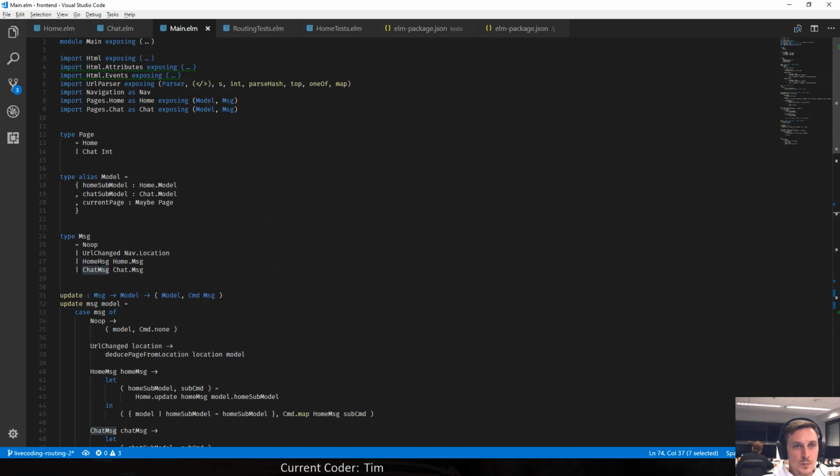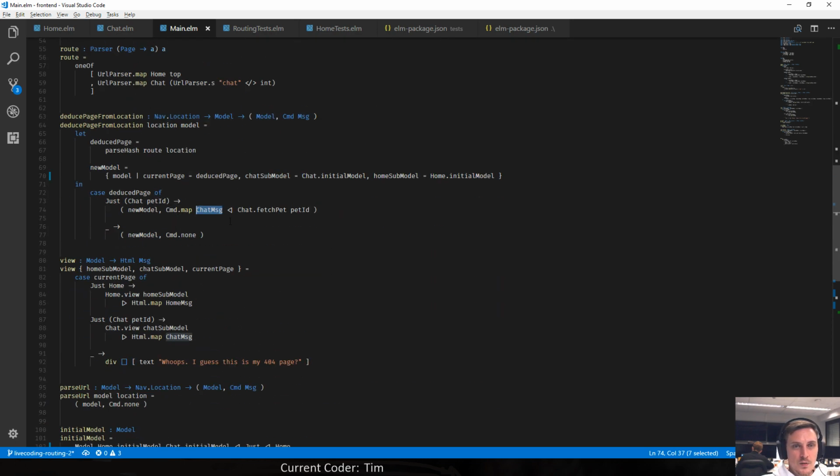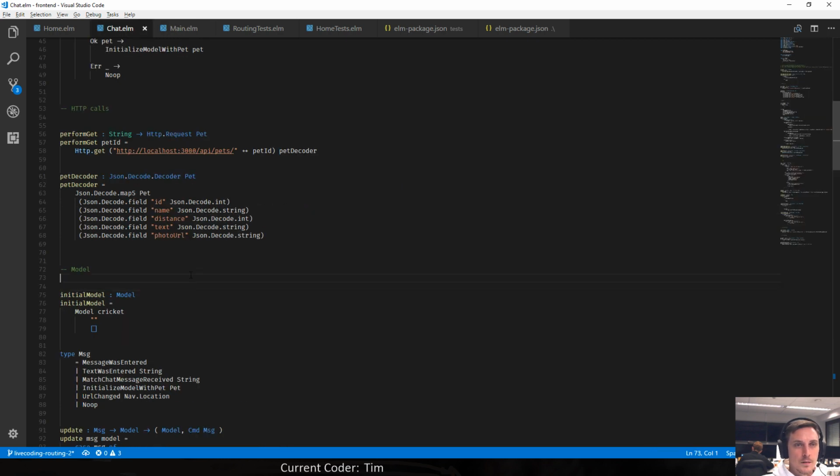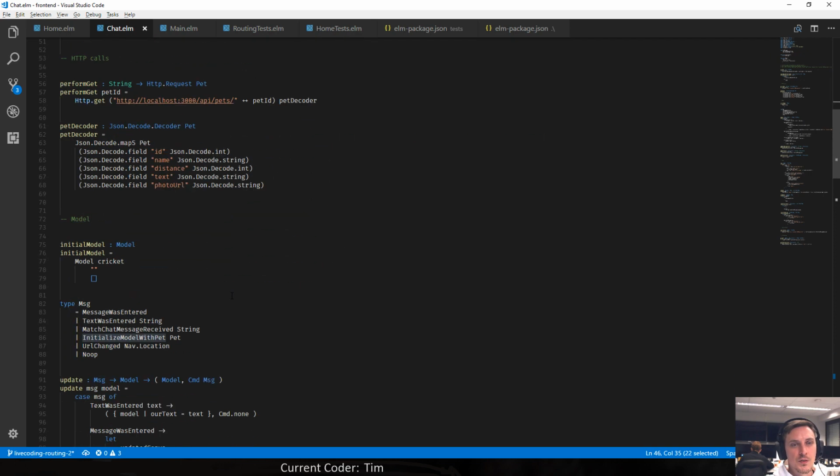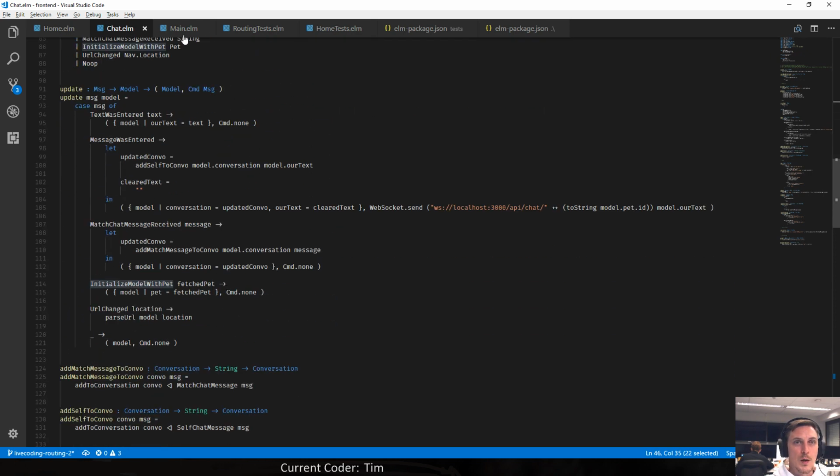And chat message is a specific type of this message that basically wraps a chat.msg. And we'll send that out. So that leads us to fetch pet in chat. And that thing will eventually throw a new message. Either it's a no-op or it's an initialize model with pet message. And then initialize model with pet message is routed via main into here again,